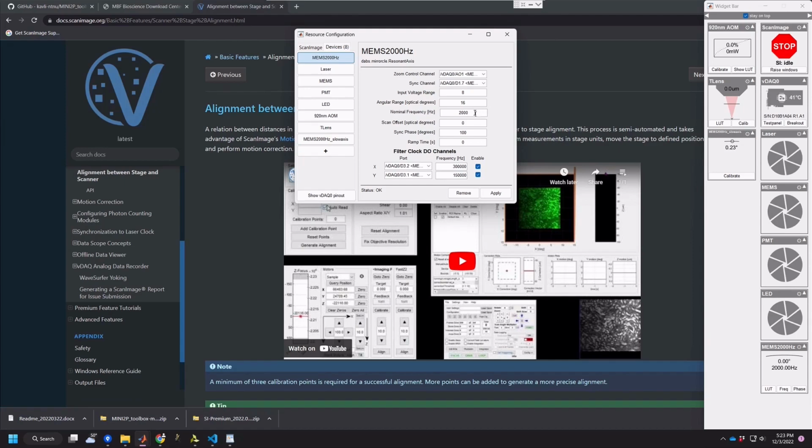For me, there are a few settings here that I will change. For you, you should probably leave most of these settings the way they are, but for me, I'm actually scanning on two actual Galvo mirrors that I don't want to run too quickly, so I'm going to reduce this nominal frequency to 800 Hertz for me, and then for the sync phase,